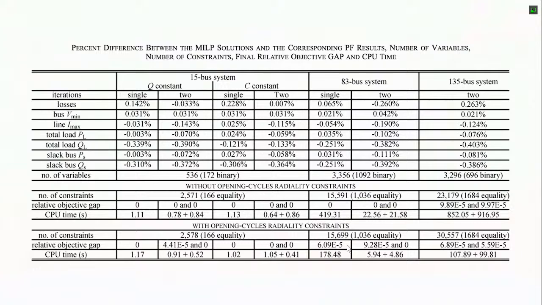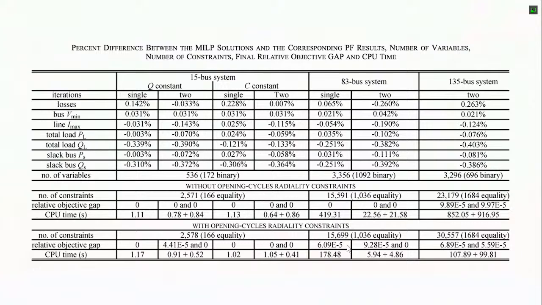And so these are the number of binary variables, and without the opening of the cycle, so what I have mentioned here, for the small network, it is not needed. I mean, it is less than 1 second. For the 83 buses, it is 419 seconds in order to obtain the solution, so quite heavy, and also